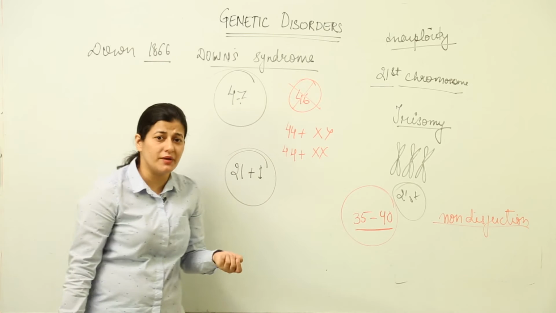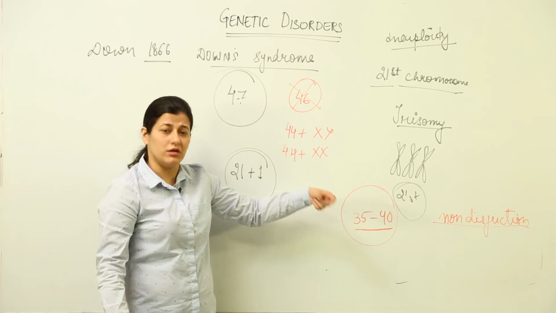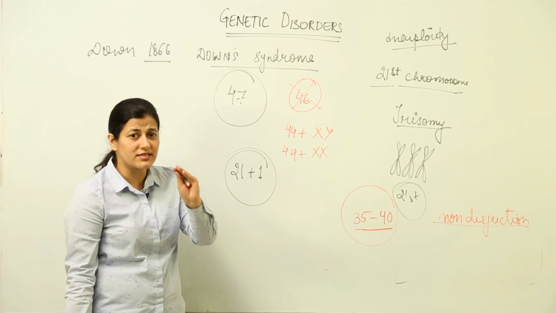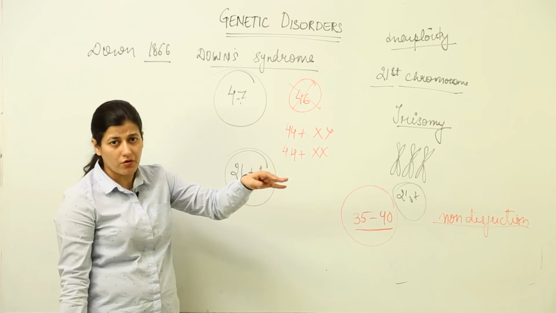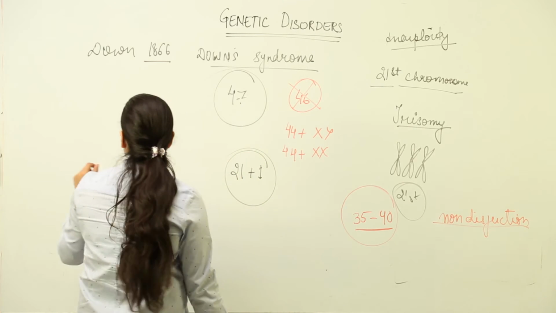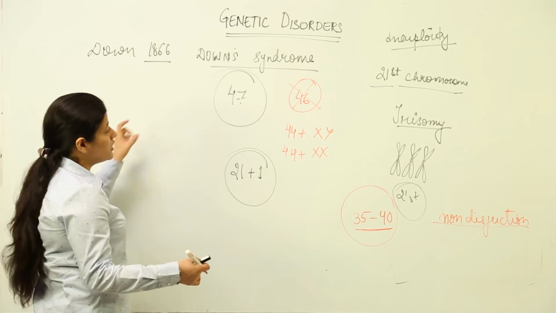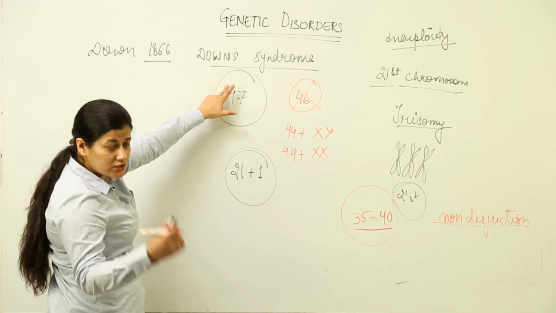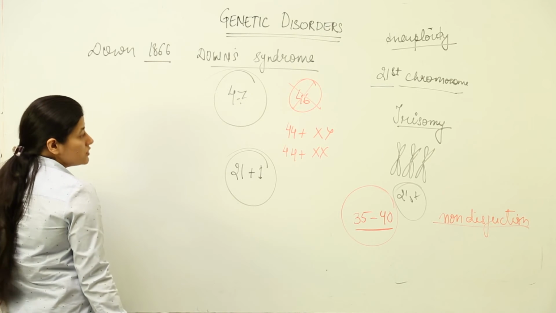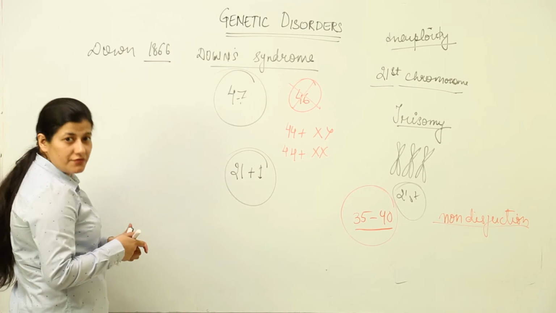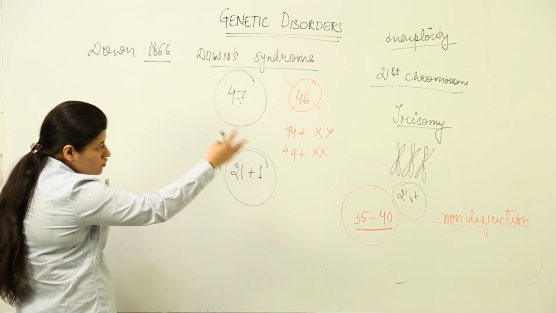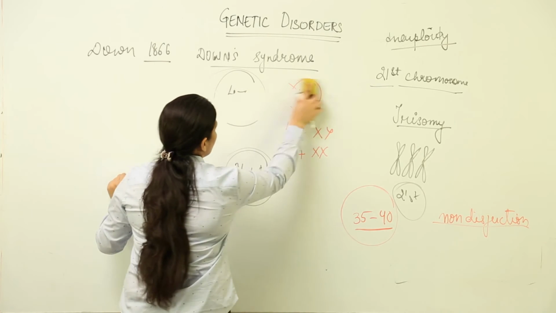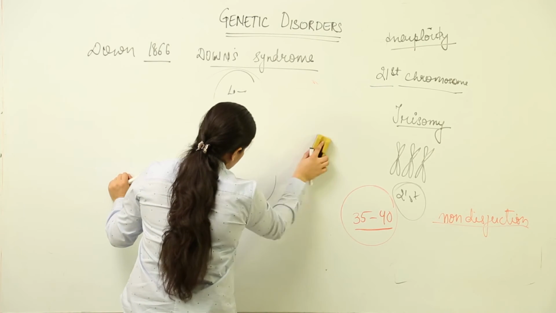That is why it is advised whenever females in this age group are bearing a child, it is often suggested to check whether the offspring is having Down syndrome or not. Using certain techniques like amniocentesis, it could be made out. If the offspring is having 47 chromosomes in total, then certainly there are chances that he or she could be suffering from Down syndrome. This is how the additional chromosome manifests itself in the body of the patient. So, we are going to talk about the symptoms that this patient shows.